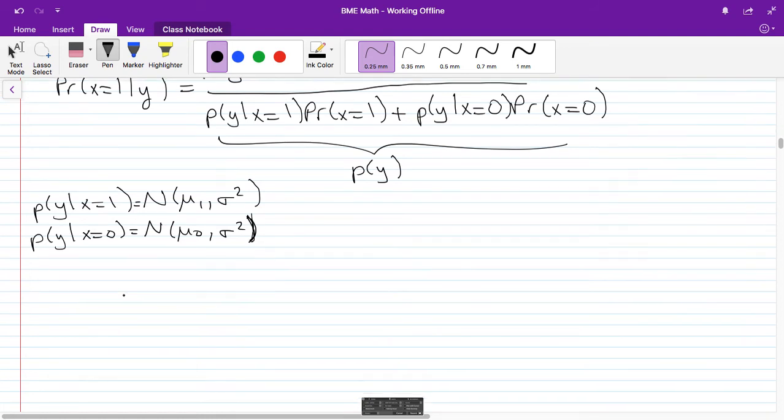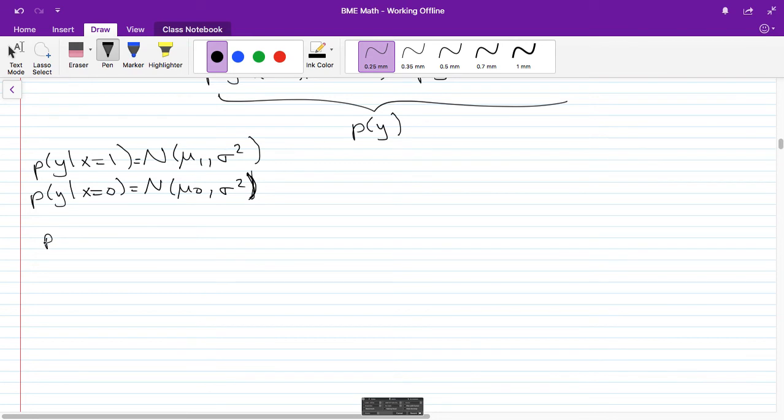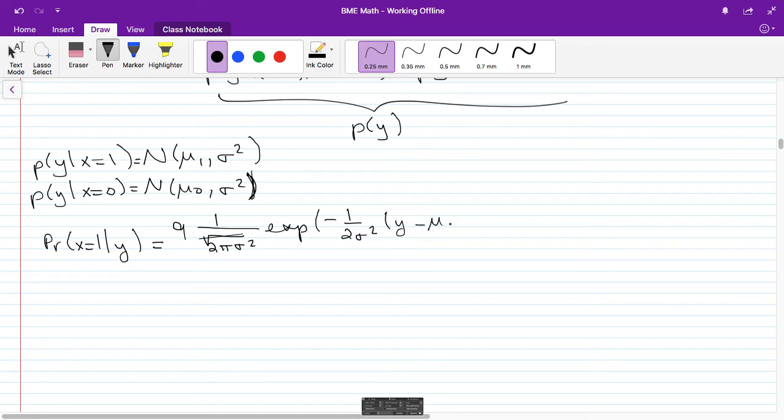If that's the case, then the probability of x is 1 given my data is going to be the prior probability, q, times the normal distribution, which is 1 over square root of 2 pi sigma squared times an exponential of minus 1 over 2 sigma squared, my data minus mu1 squared,